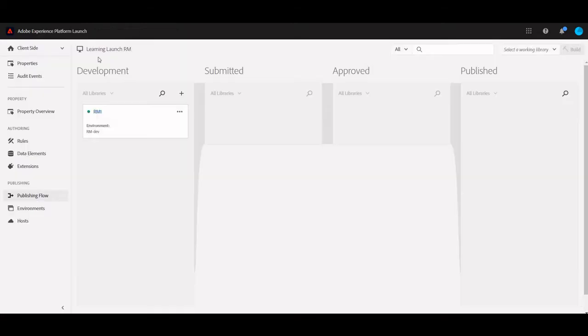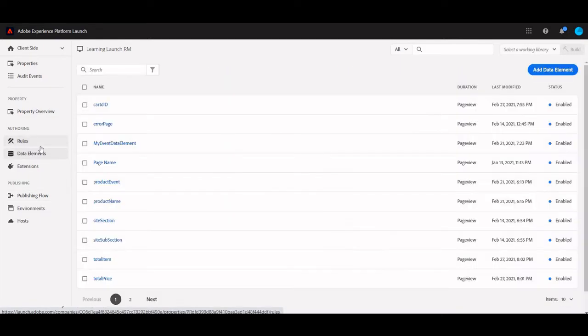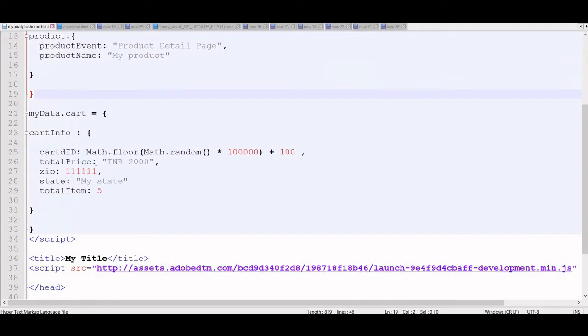After this we will go to Adobe Launch. I'm just inside my property. What we will do is create new data elements. For that, let's see what's there inside the HTML. I have created another data layer, and in it, inside cart info, I have a cart ID, which I'm going to take as a transaction ID as well as a purchase ID.